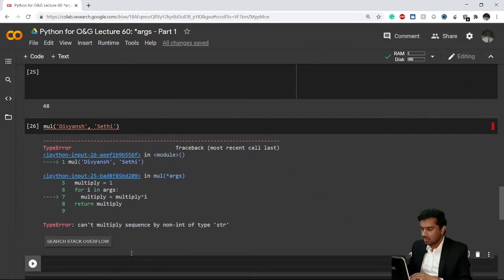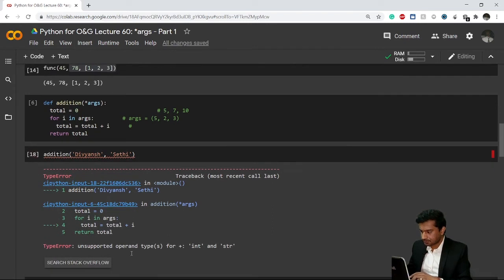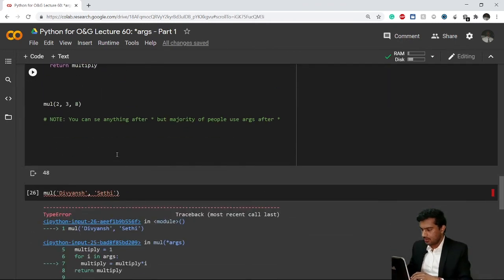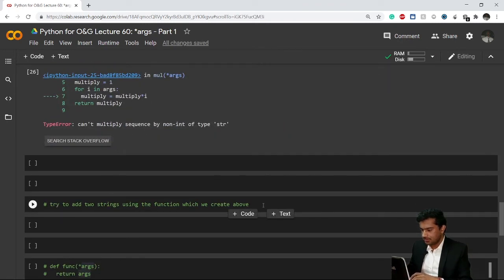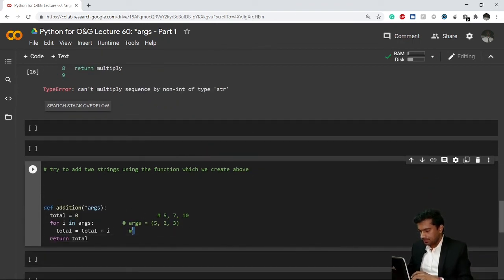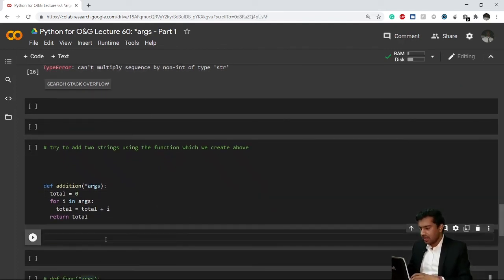I'll tell you why this is happening. So let's get back to the previous example. I'll just do it again in the next code. Okay, so this was my function, right? If my integer is working fine in this function, my complex number is fine, and any numerical value will work fine unless I add some other data type.